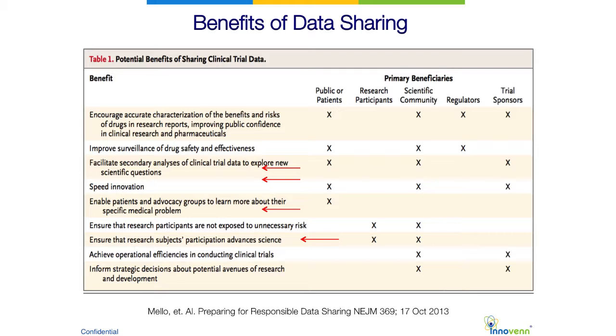Sometimes it's because we can do a better job at designing our trials. We can define our entry criteria more explicitly and be more successful with enrollment, not amending our protocol 10 times and having it reapproved all over the world 10 times by ethics committees. But we can also bring those data together to answer some of those key questions that have yet been unanswered, and get that information to our advocacy organizations and our patients so that they're armed and empowered in new ways